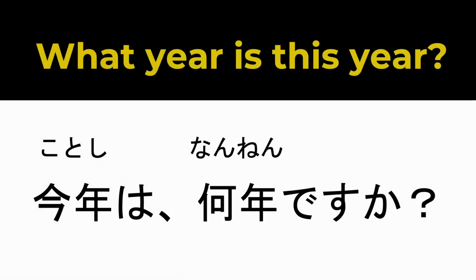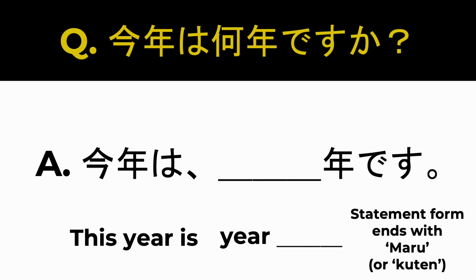Now you can inquire about what year it is this year. 今年は何年ですか？To answer this, you can use the statement form we've learned. Now try including the year in your response. You can mention any year you'd like. For example, 今年は2023年です。